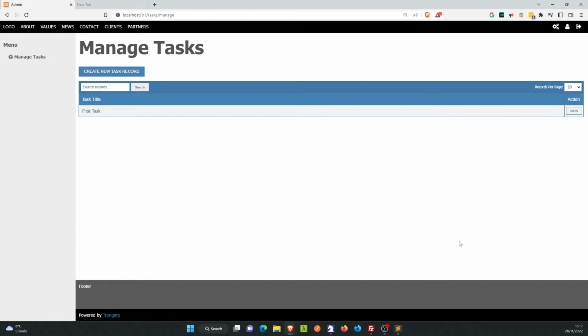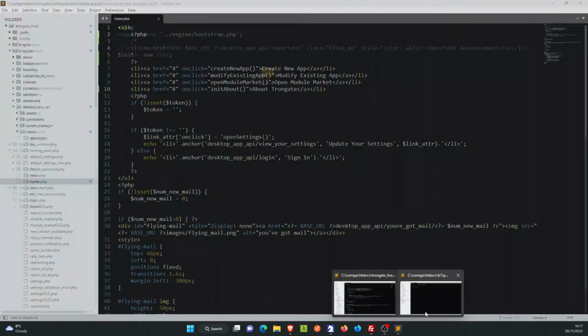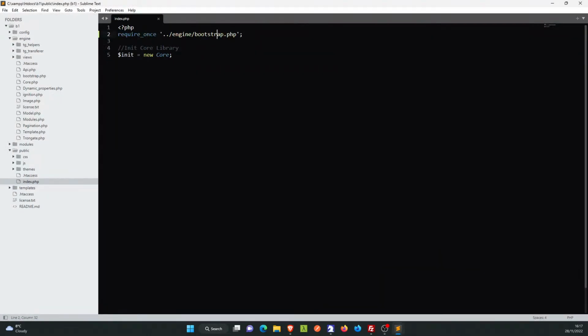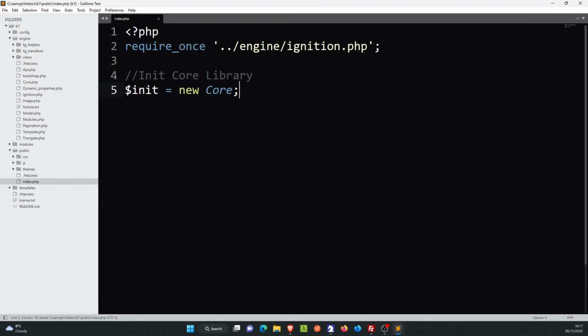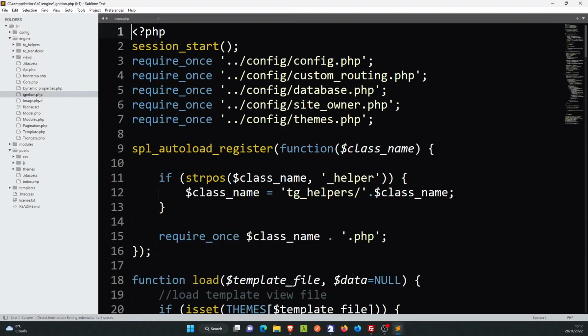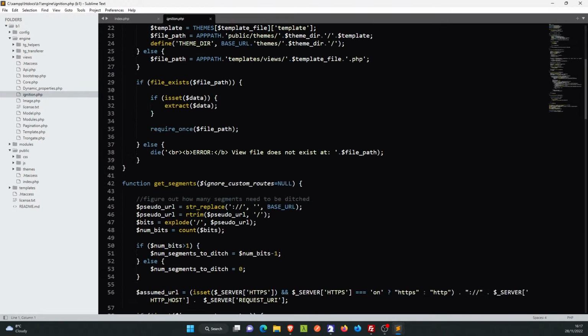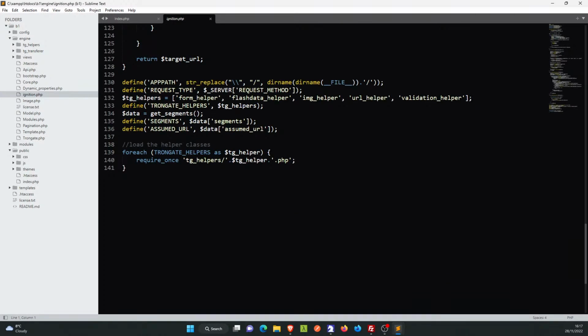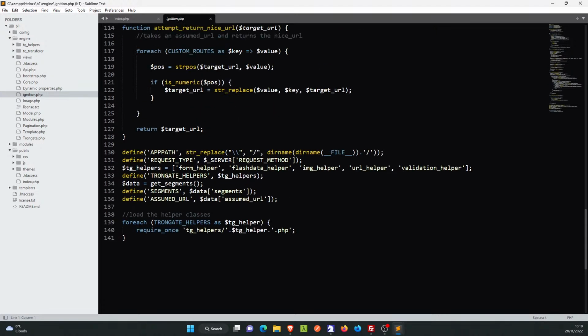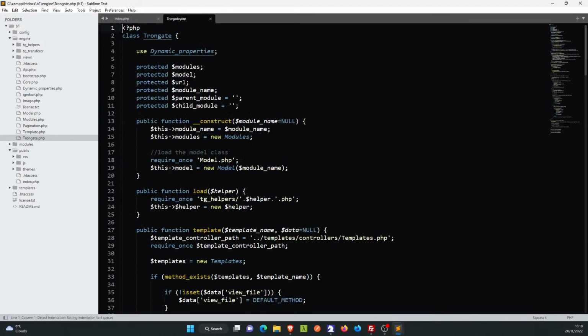So, I'll show you what the main change was with this particular update. So, like I say, I've changed it so that instead of it saying load up Bootstrap as the first thing, that was just confusing. So now it's going to be called Ignition. It's really just a rename, but I think it gives a wee bit more clarity about how this thing works. So Ignition is pretty much the first thing that loads. From here, it loads a bunch of configuration. It figures out what the URL is and what it should load, and eventually it loads up the main Trongate